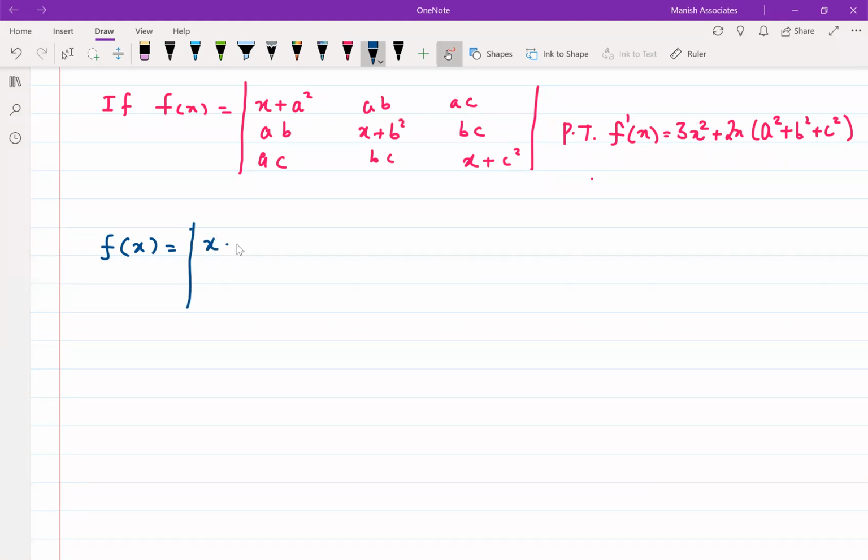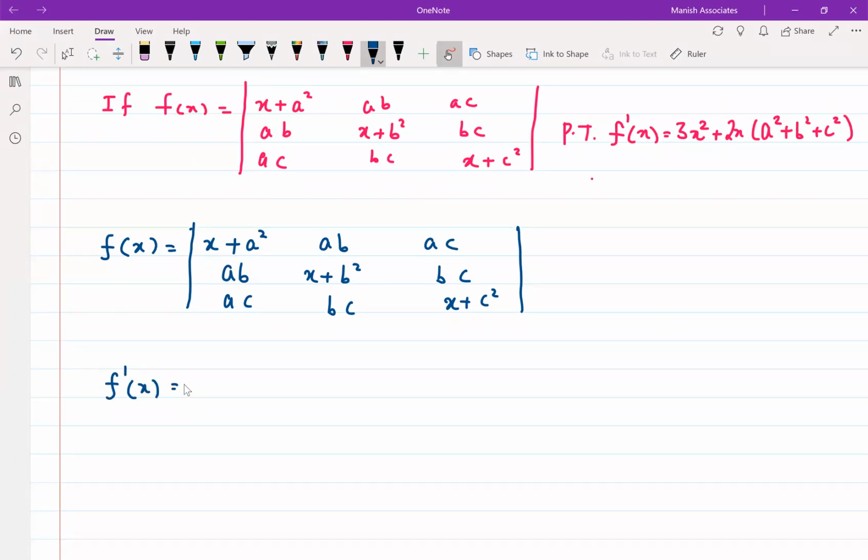My f of x is x plus a square, ab, ac, then it is ab, x plus b square, bc, ac, bc. Now f dash x will be equal to,